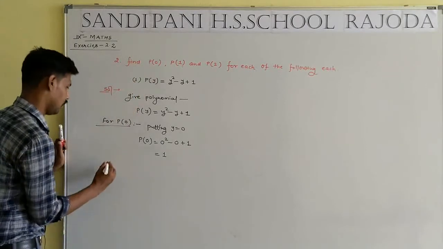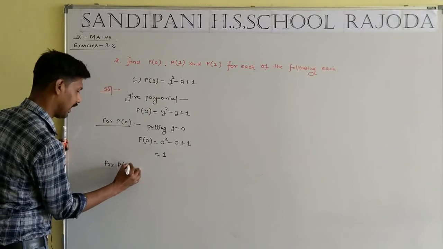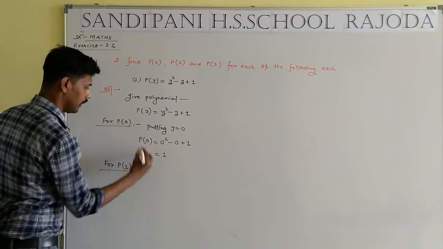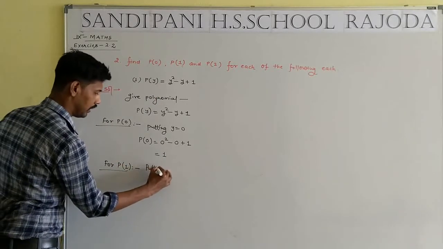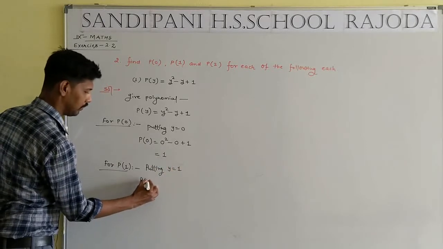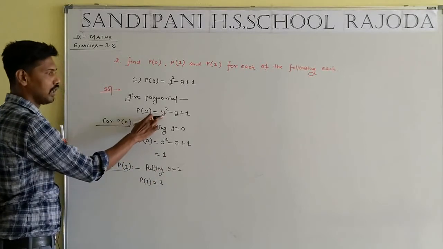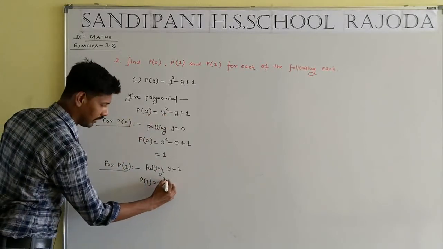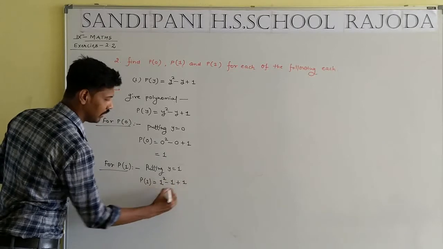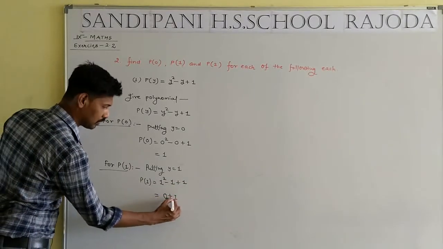First part solved. Now for P(1), we have to put y equal to 1. Then P(1) equals 1 square minus 1 plus 1. 1 minus 1 is 0, and 0 plus 1 again